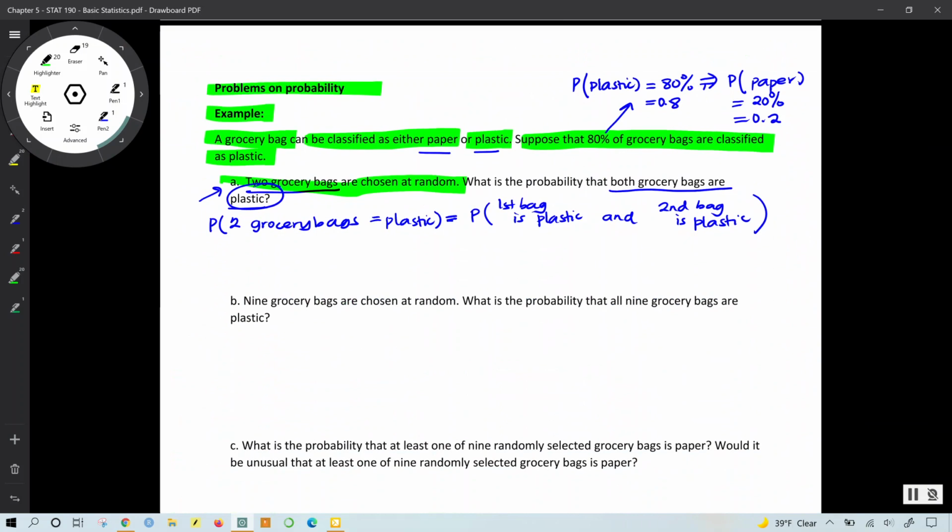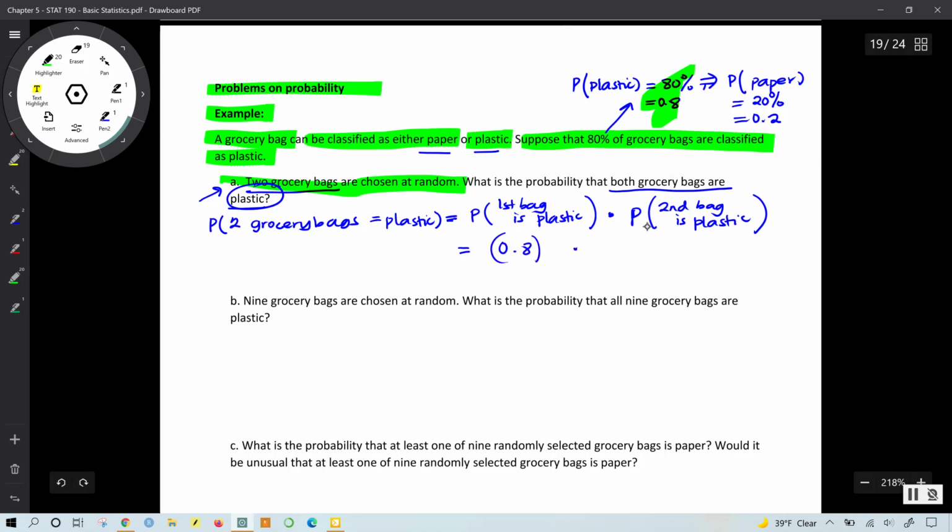So I can split this into probability of first bag is plastic, multiplied by probability that the second bag is plastic. And we have been provided with the individual probabilities here. It is 0.8 multiplied by another 0.8, and that will be equal to